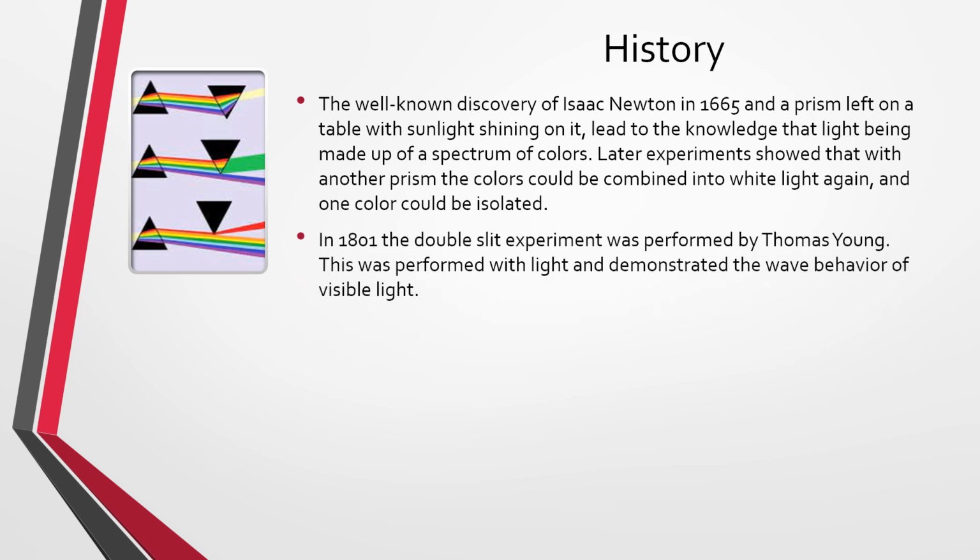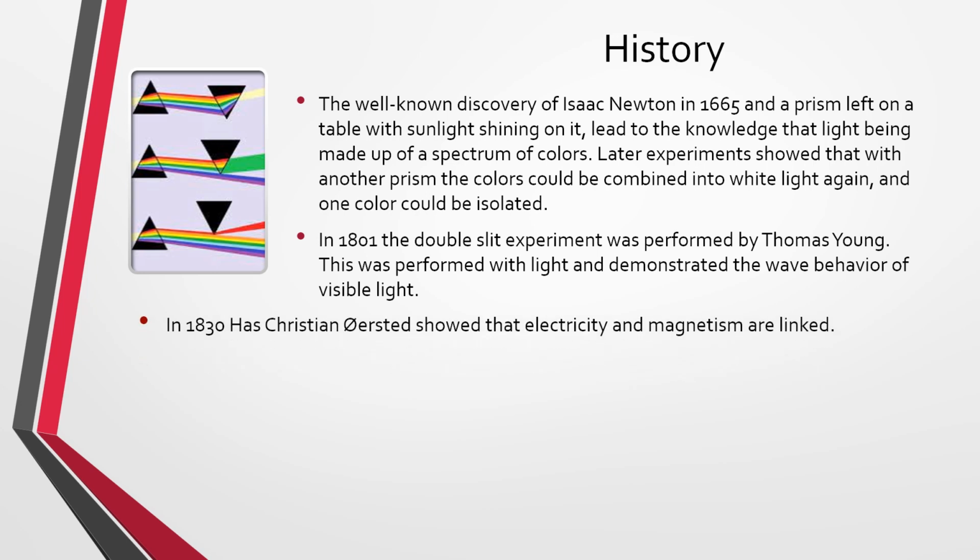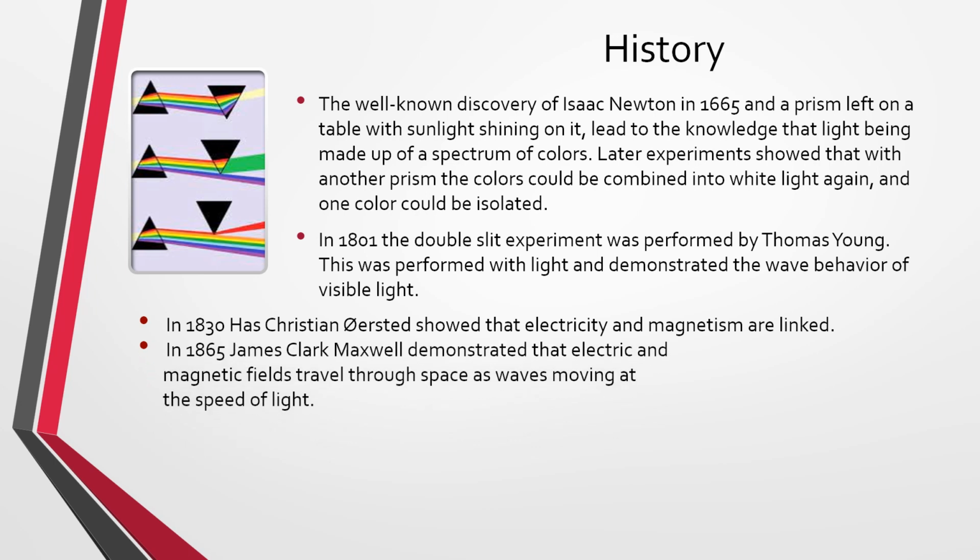In 1801, the double slit experiment was performed by Thomas Young. This was performed with light and demonstrated the wave behavior of visible light. In 1830, Hans Christian Ørsted showed that electricity and magnetism are linked together. In 1865, James Clerk Maxwell demonstrated that electric and magnetic fields travel through space as waves moving at the speed